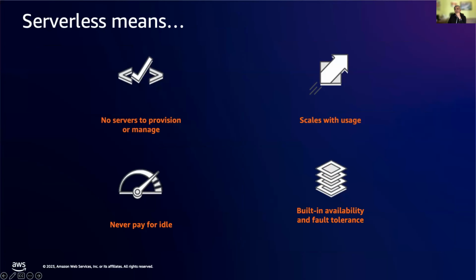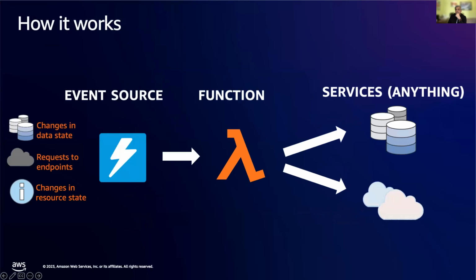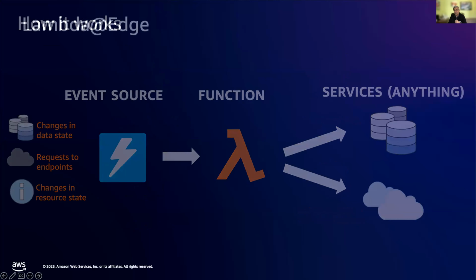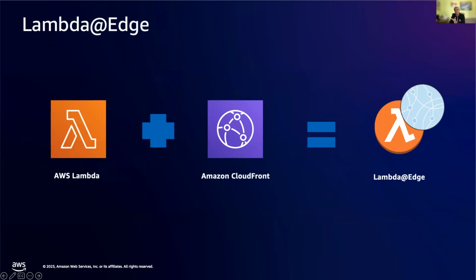So we will be using serverless mechanisms for this processing at the edge. And essentially, serverless doesn't mean no servers, but it's really that you don't have to manage any of these underlying servers. So there are two things that are used. The first one is Lambda, which I think people are very familiar with, which is really an event driven architecture where based on a change in event you invoke a function. So that, along with CloudFront, which is the CDN, is really called Lambda at Edge, right?